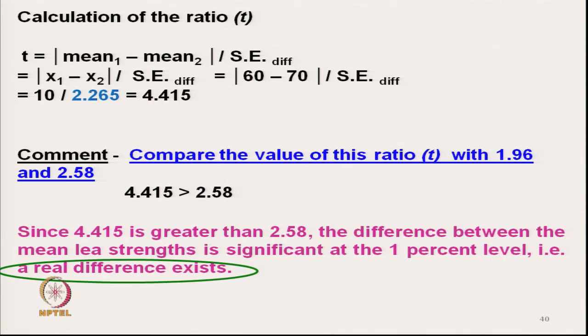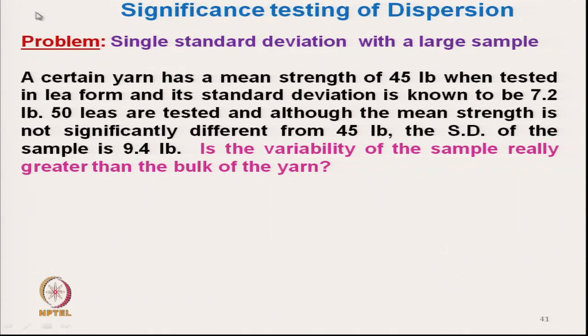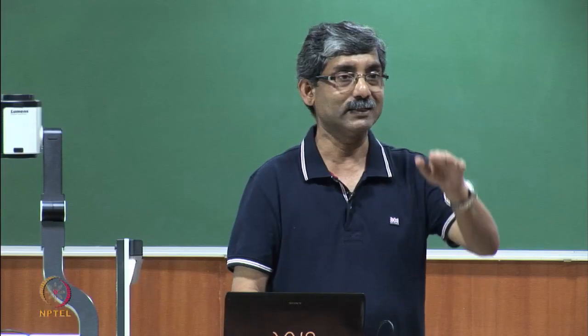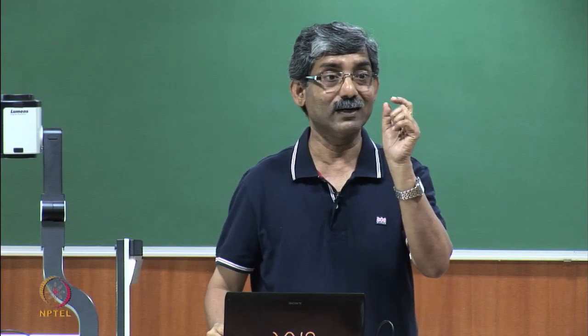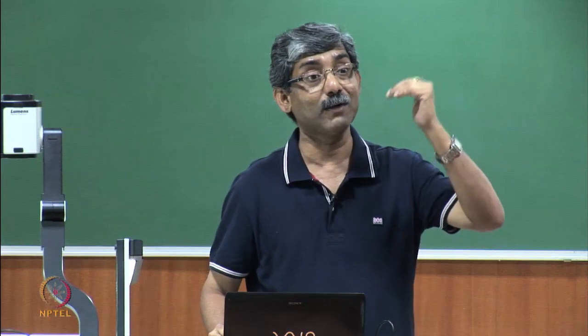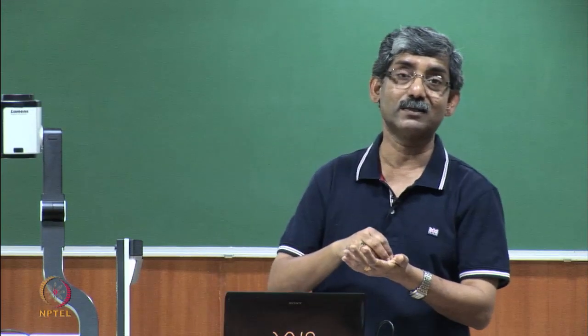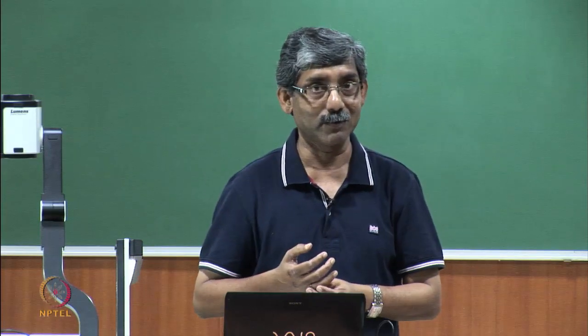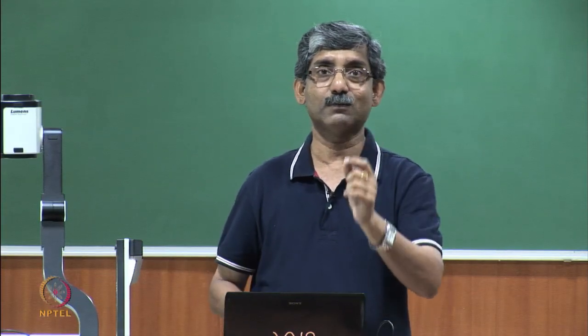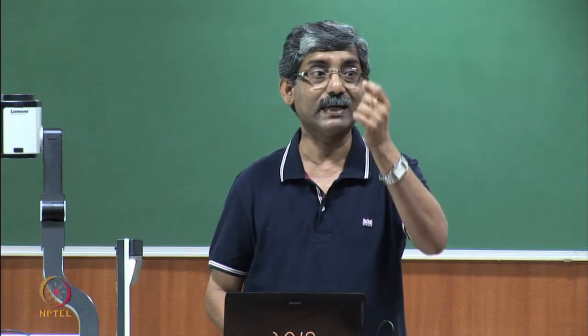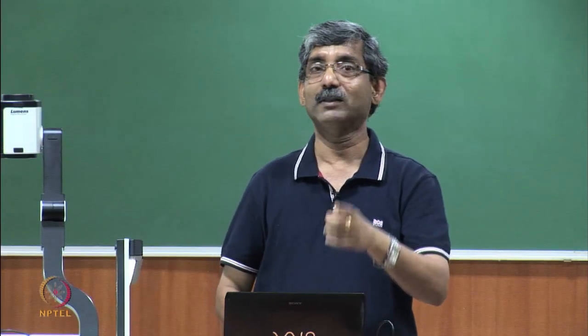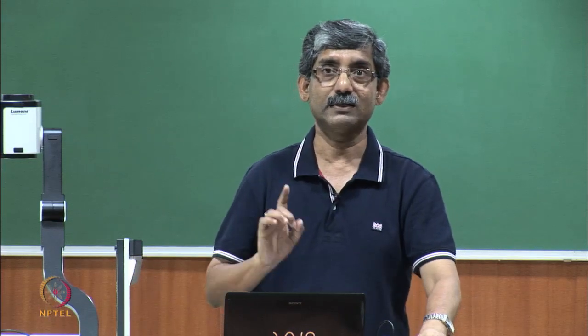Now, in the significance test of dispersion, what we will discuss is this: suppose there are two samples, in one sample the variability is high, and in the other the variability is low. In that case, which sample should we take? It is not desirable to have higher variability, but if the machine is producing higher variability, should we take immediate action or not? All these things we will discuss in the next class.